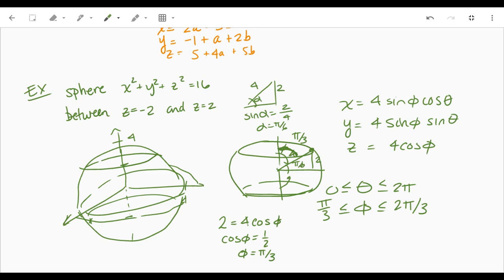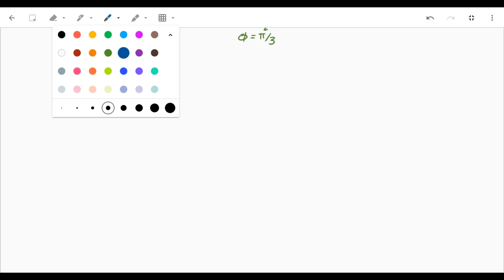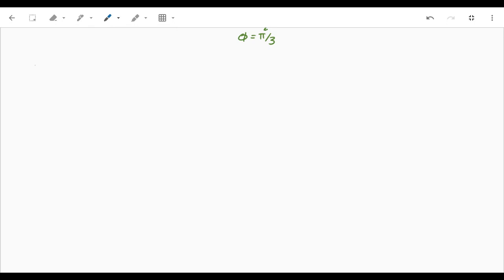All right, but here's your parametric equation, and here are the bounds on your 2 parameters. Next thing we're going to talk about, surfaces of revolution. So remember when we did revolutions in calculus, you guys liked that so much. And I don't even think they really give you too many examples on this one, but